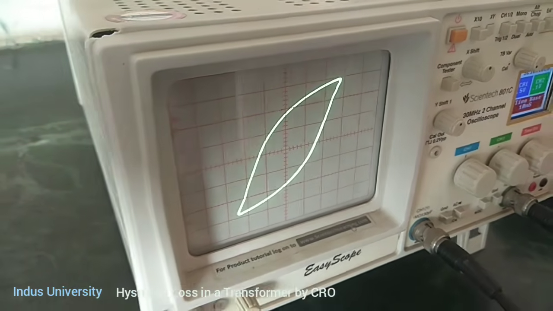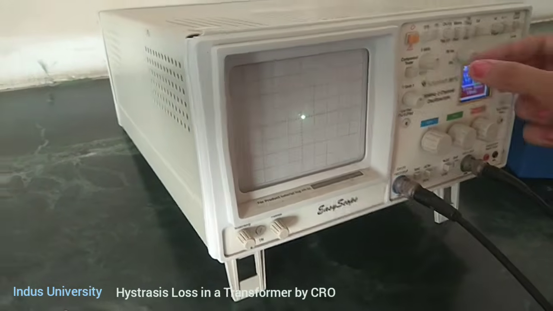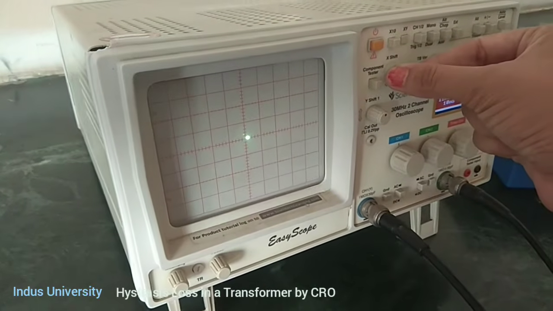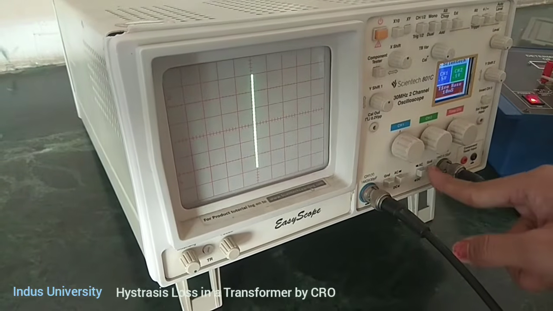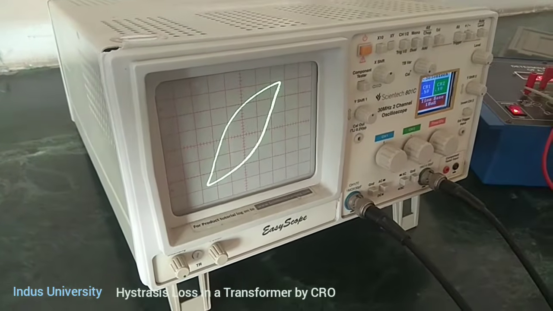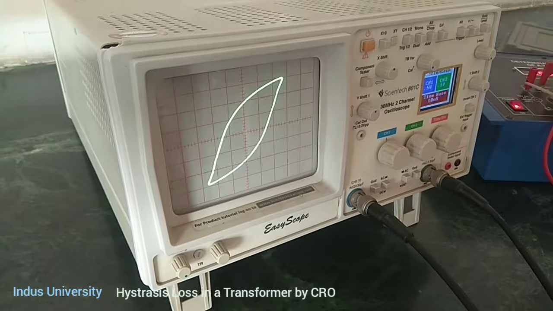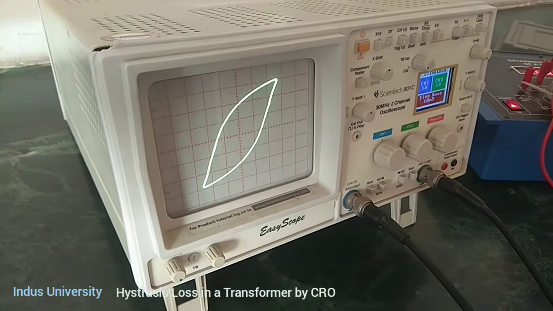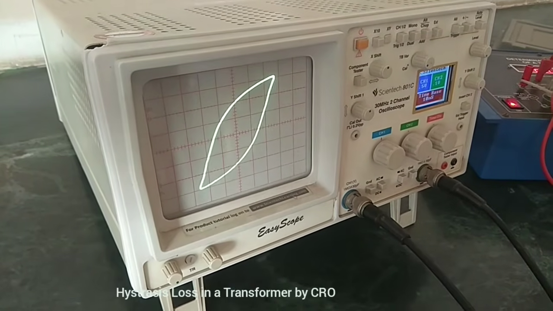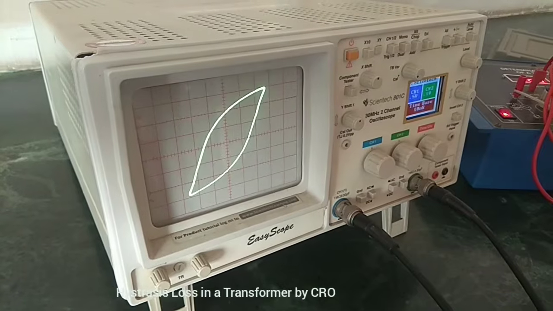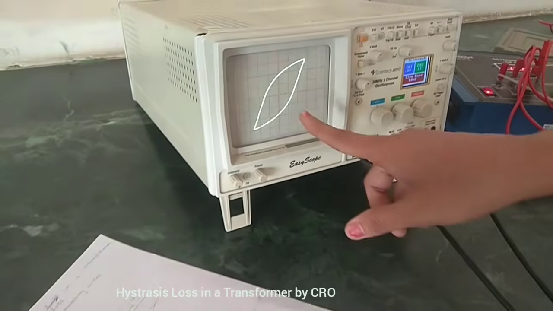Before you select, just check the position of the dot. If the position of the dot is not properly at the center, kindly keep it at the center, then again cross check your signal. Now increase the voltage up to a certain value and after that increase the current. This way you can increase the voltage and current. Now you can measure the reading.